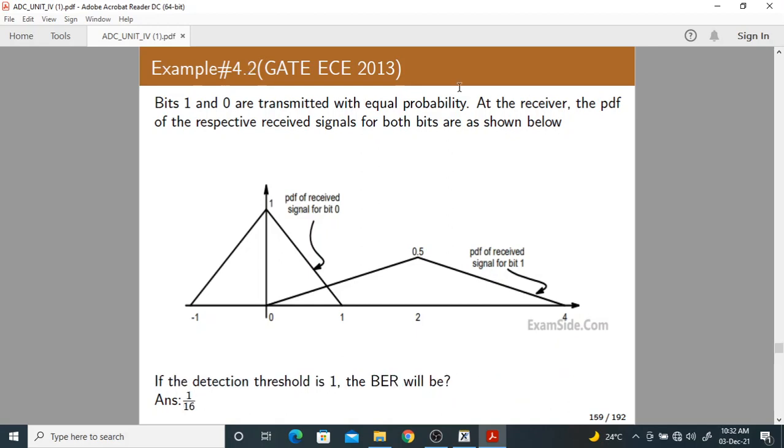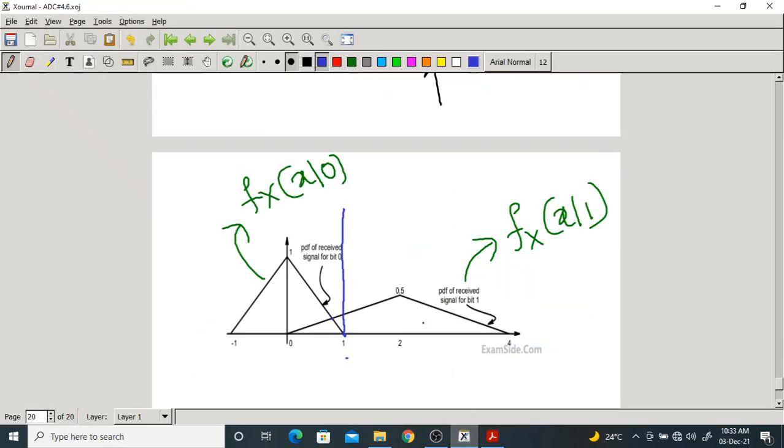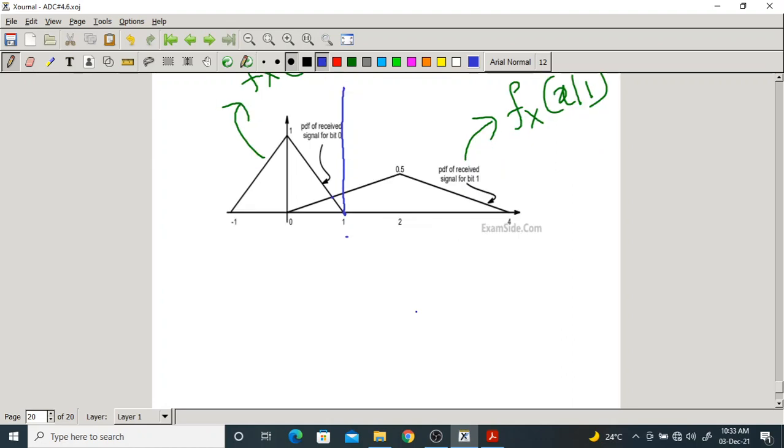Now here in this first problem, they are just asking what is the probability of error. It is not optimum, it is not minimum, it is just error. Why is it not minimum? Because the threshold is not optimum. What is the optimum threshold? It should be the point of intersection of two PDFs. So this is the threshold, and we should compare with this threshold. I told you while discussing the probability of error of BPSK. So here we don't need all the formulas. You just need the areas.